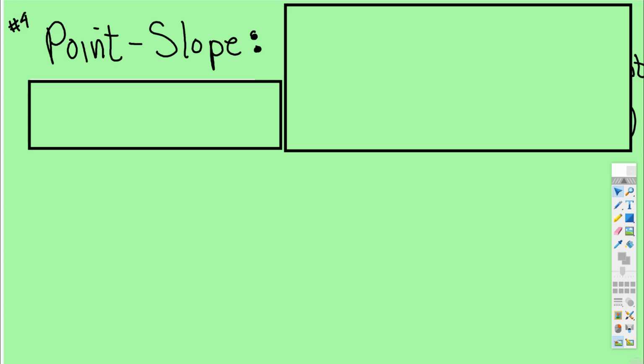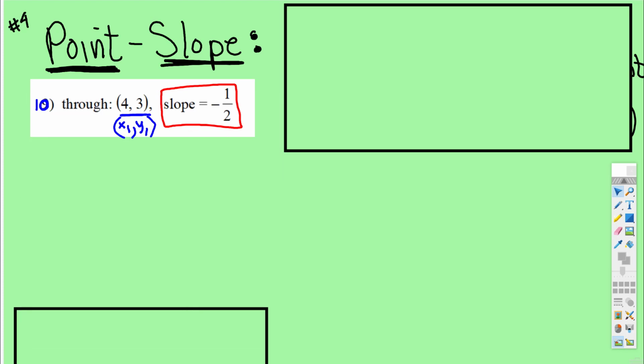Okay, the second equation of the line form that we're going to talk about is point slope. Point slope form is the one probably used most often because you're given some information, then you have to do a little bit more work before you can graph a line. So the name is kind of self-describing. When you know the point and you know the slope,